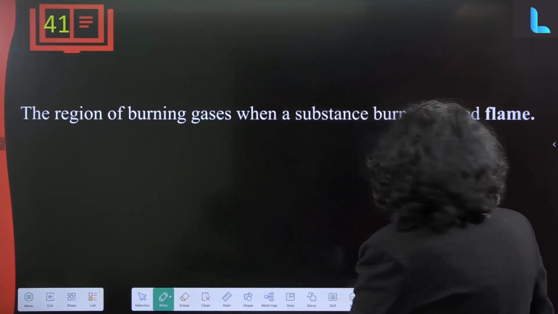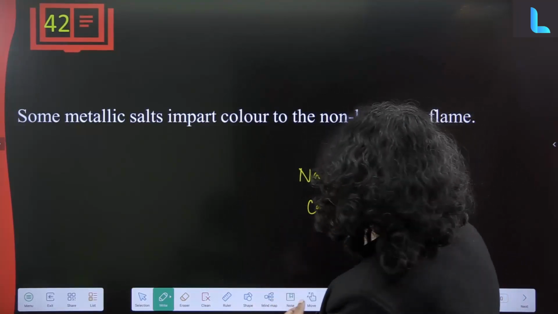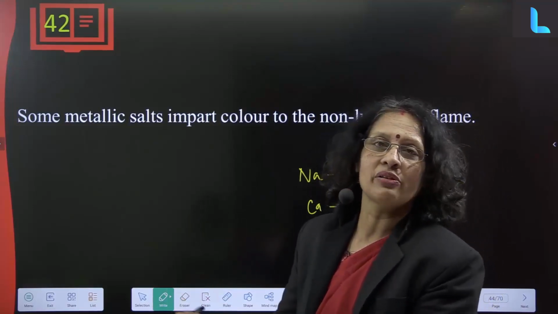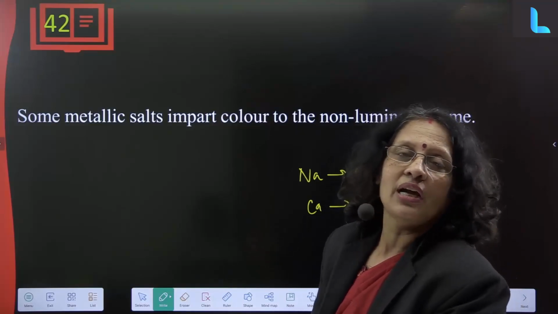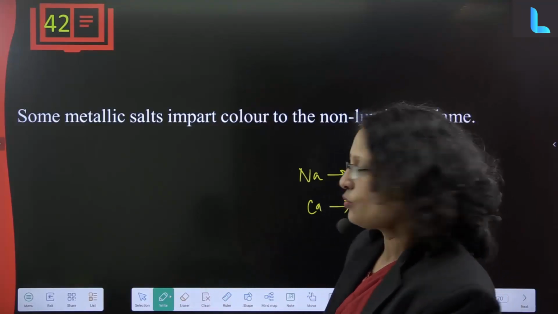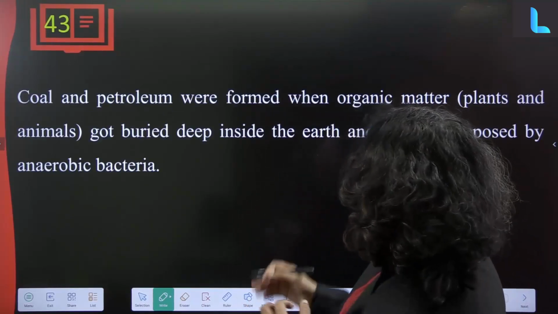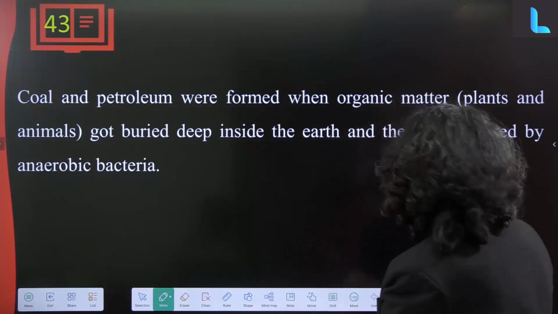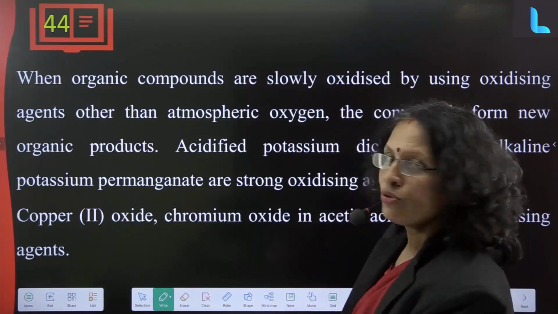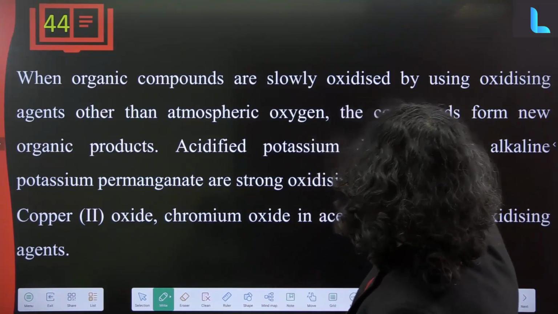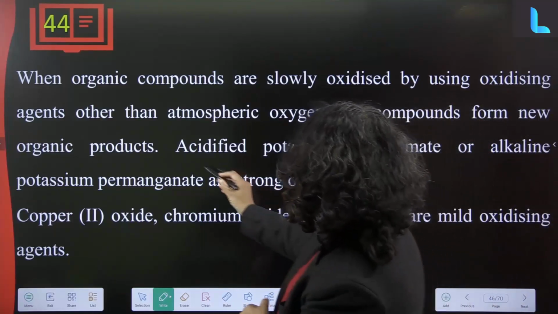the flame. Some metallic salts impart color to the non-luminous flame: sodium gives golden yellow, calcium gives brick red, strontium gives crimson red, barium gives apple green, and potassium gives lilac color, and so on. Coal and petroleum form when organic matter is buried deep inside the earth and then decomposed by anaerobic bacteria. When organic compounds are slowly oxidized by an oxidizing agent other than atmospheric oxygen, the compound forms a new organic product, like acidified potassium dichromate,